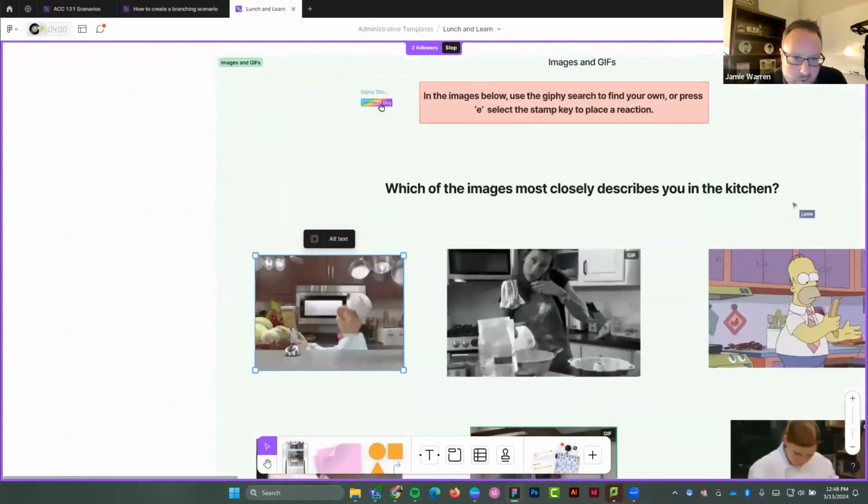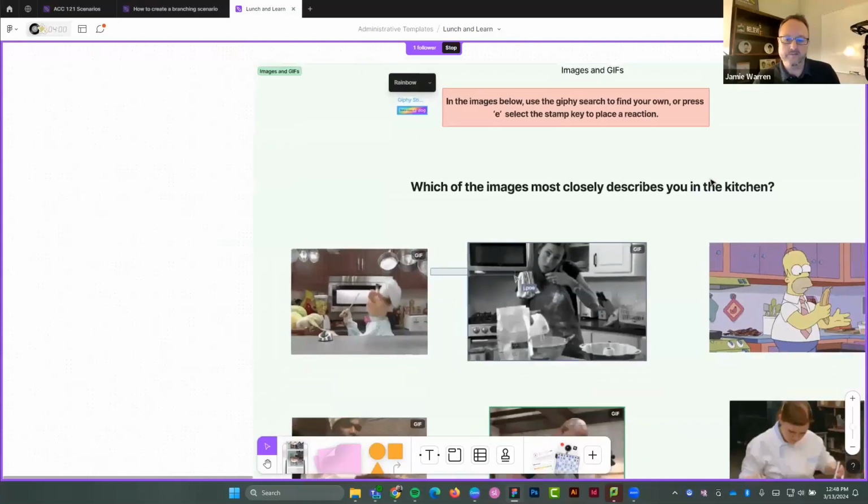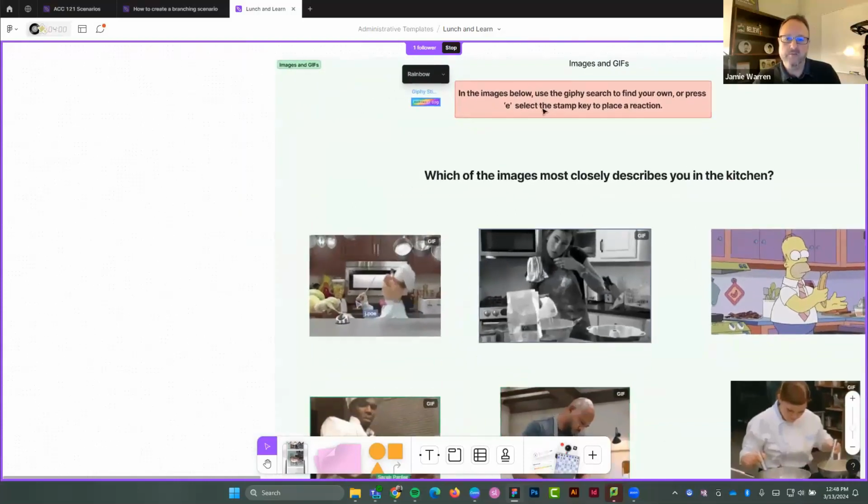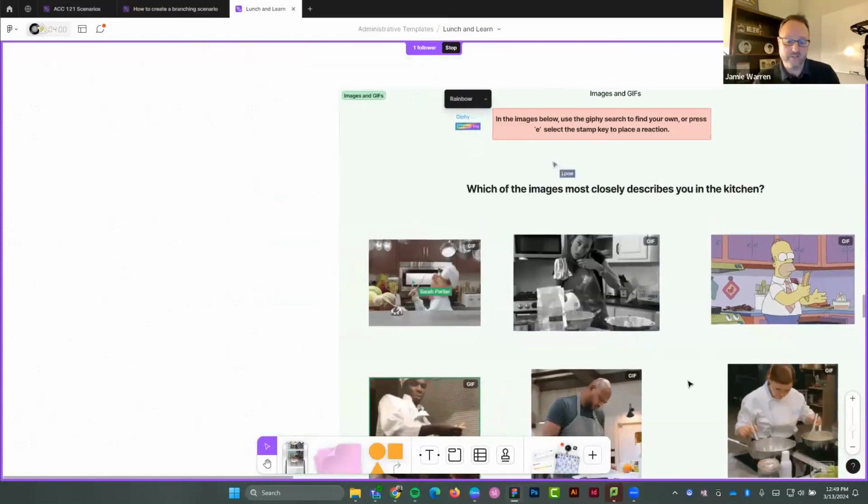Up there's a rainbow box that you can click into and search for your own GIF. As I was saying earlier, in the bottom toolbar there's a stamp button, or you can press E, and you can put a thumbs up or a reaction on one of